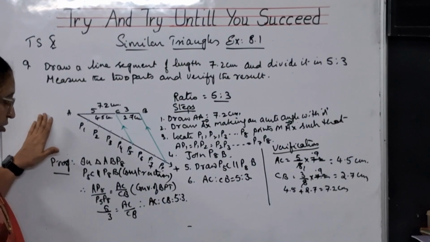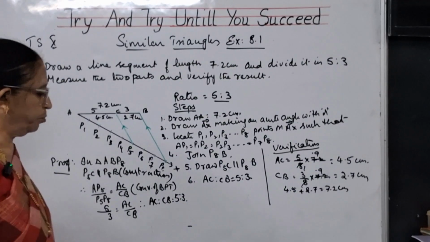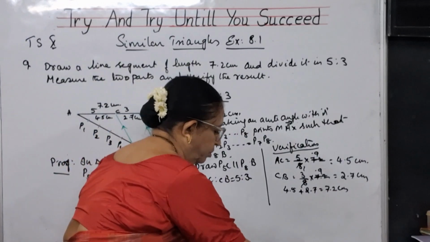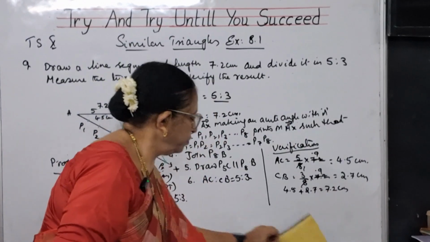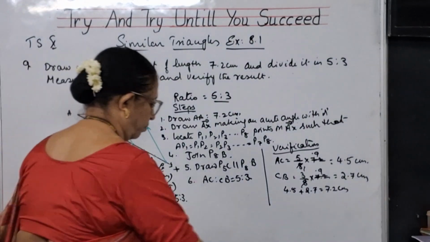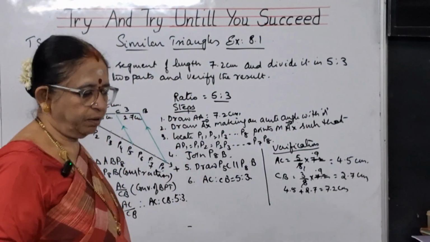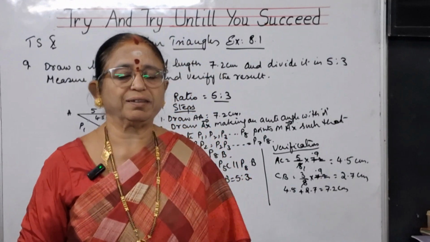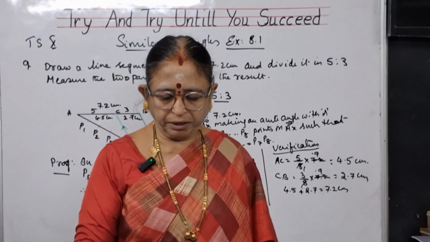You will be getting in this way only. So please write down this. This is the 9th problem. With this, I am concluding my topic. Exercise is completed. Next part I will do in the next